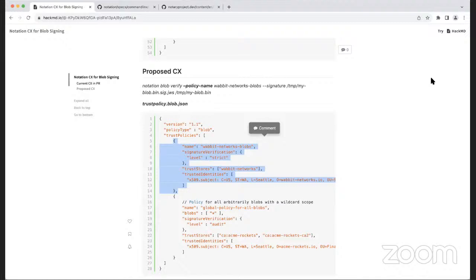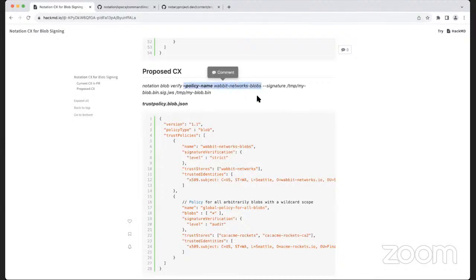Can we specify one policy per run of the notation blob verify command? Basically, people just don't want to use the policy file. They just want to enter the actual policy on the command line, so that each blob verify can have a unique trust policy.